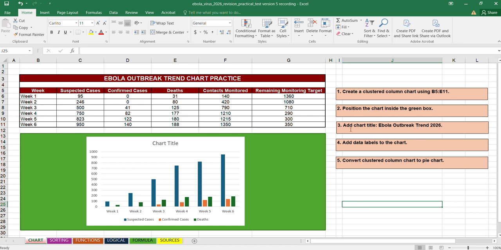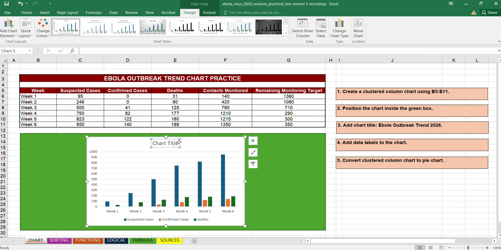And then task number 3, add chart title. The name of the chart is Ebola Outbreak Trend 2026. So as you can see from here, chart title, you can click this. And then inside the text box here, you can delete using a backspace from your keyboard.